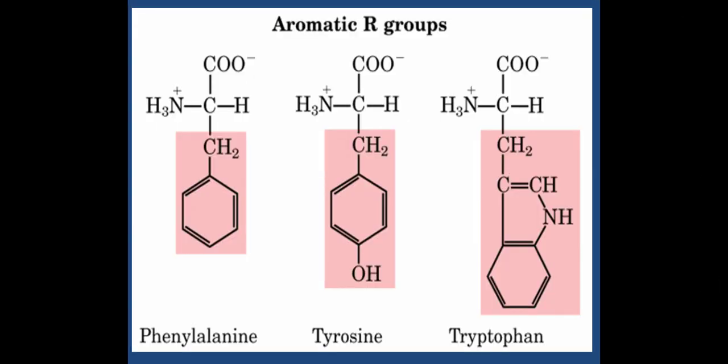Aromatic R group. The 3 amino acids phenylalanine, tyrosine, and tryptophan possess aromatic side chains and are known as aromatic amino acids. Phenylalanine: the structure of phenylalanine closely resembles tyrosine, and it is also an essential amino acid.